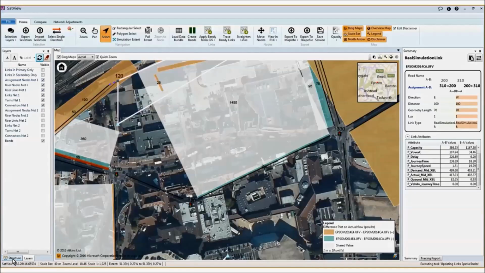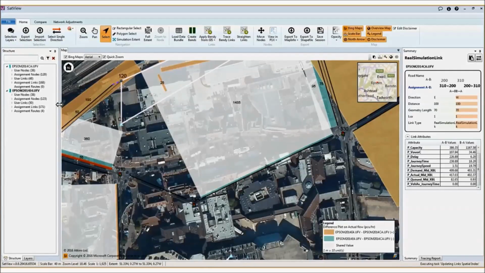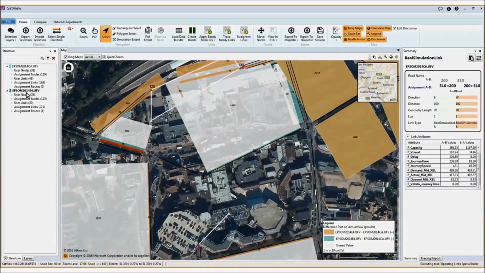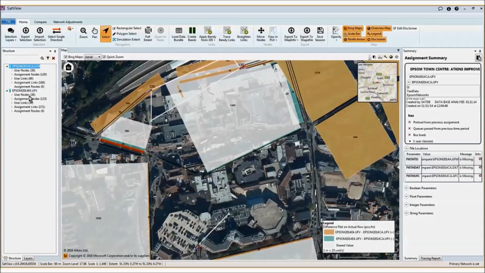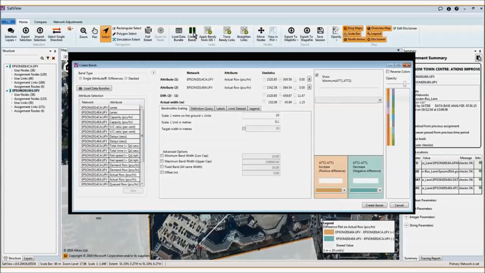So I'll go back to the structure. Now we can do this differently with the bands by right clicking here and then saying set this as primary network. Then when I click this as primary network, this network gets number 1, and this network up here gets number 2. So now if I go back to my create bands and I just don't change anything and just do create bands again,